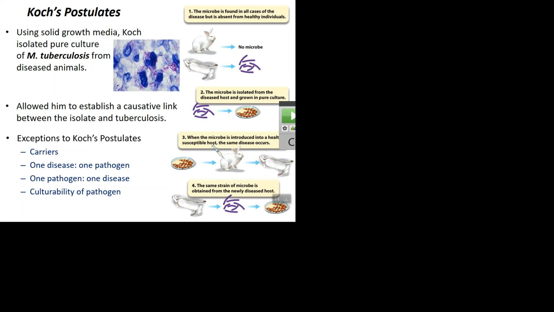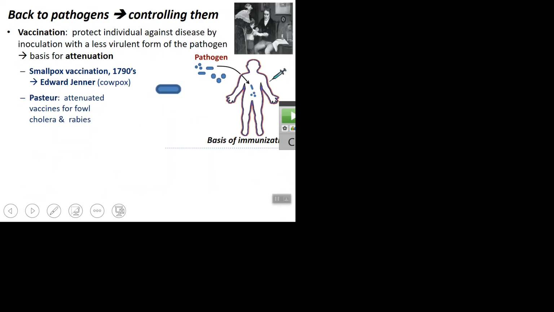So like with a lot of things in science, sometimes it's luck, sometimes it's just hard work. But the point here is it's still valid, but we just do these steps nowadays with the knowledge that we gained, right? And are aware of these exceptions, okay? Because they still do this process, okay? If it does follow Koch's process, it's almost certainly a disease. If it doesn't follow Koch's process, it may or may not be a disease. Right, or it could be, but it's going to take a lot more work to figure it out, right?